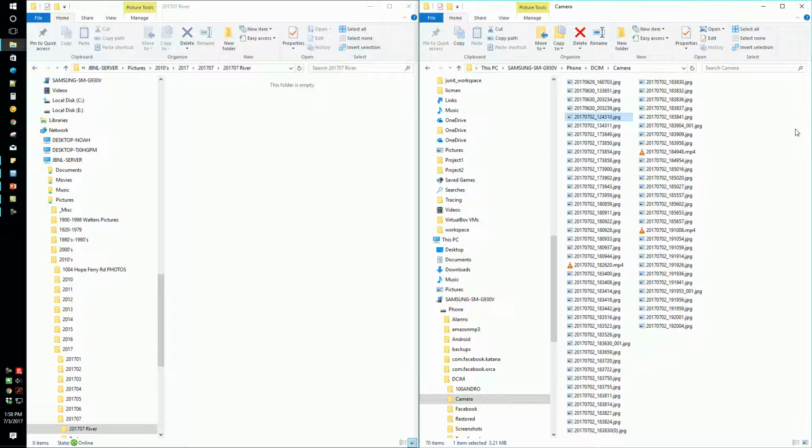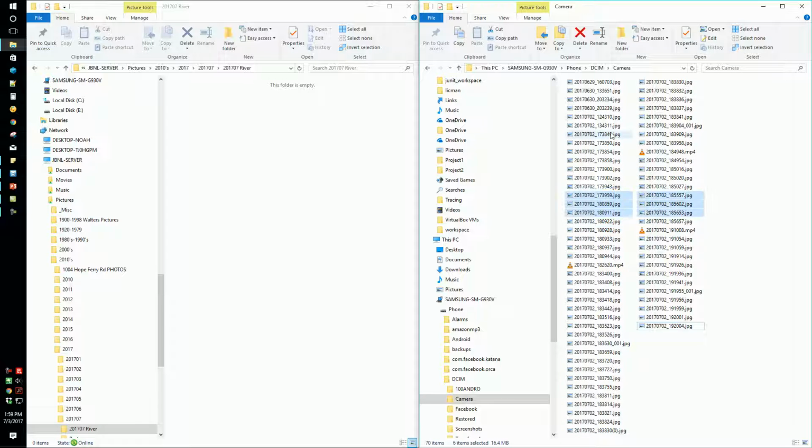Now you can just click on one of them, use Control A, and that will select all. And you can move all of them over. Or you can select the first one you want, hold down Shift, and select the last one that you want, and just move those. Now before you do anything, right click and drag will allow you to move them, and that makes sure that everything gets deleted off of your phone. But it also makes sure that the files aren't left in limbo if something happens between the time you hit cut and paste. So you can cut and paste, Control C, Control V, or you can do it this way